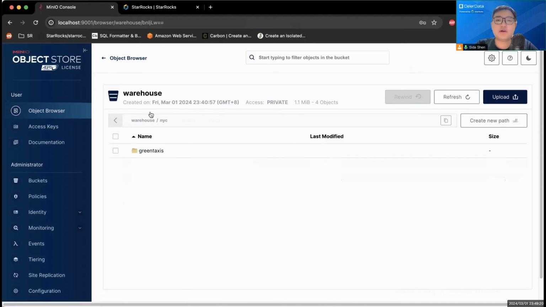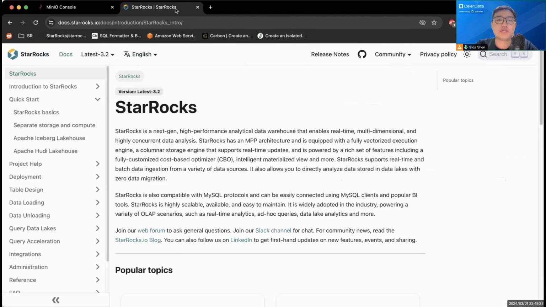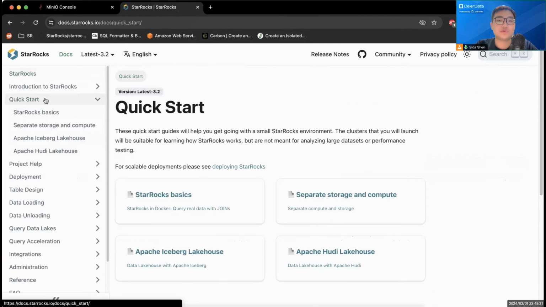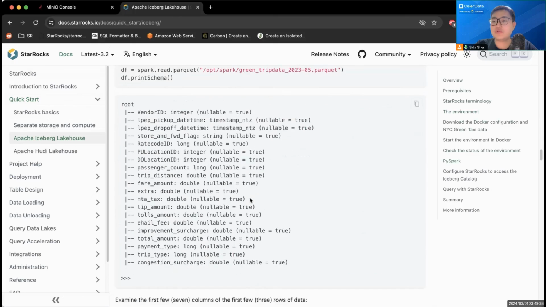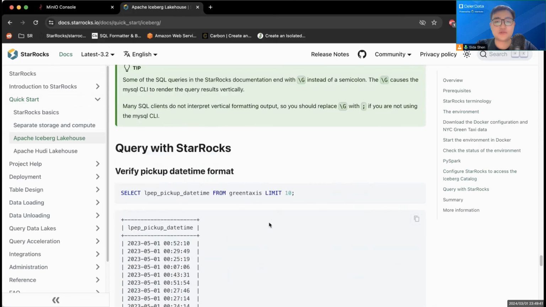So this is about it. And this demo is actually available in the StarRocks documentation, so you can give it a try yourself, right? So this is the StarRocks documentation. You go to QuickStart, and then go to Apache Iceberg Lakehouse QuickStart, and this has all of the relevant information you need to get started with a lot more